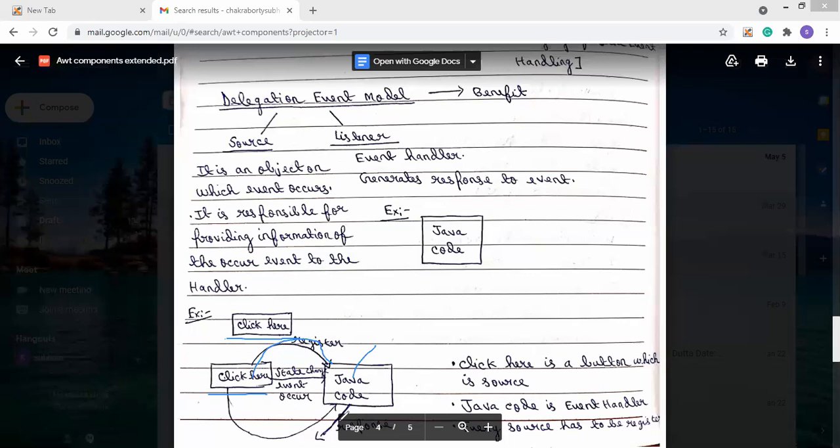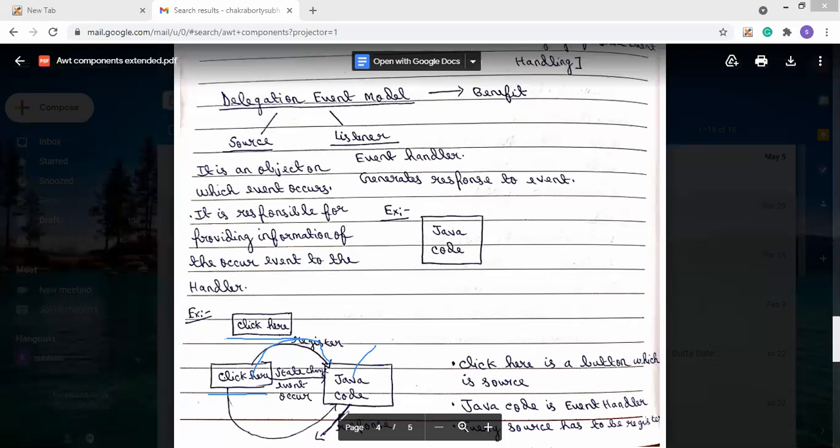The message is handled by this Java code, because this Java code is the listener, and this is the response that is created. So this is mainly the listener part, which generates a response to an event. So this is all about the delegation model.